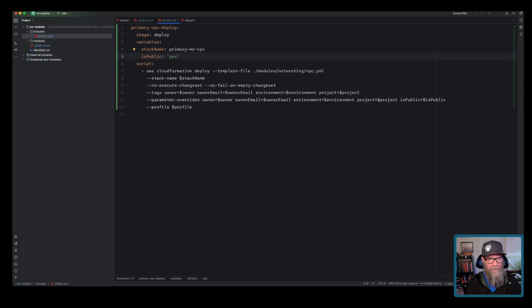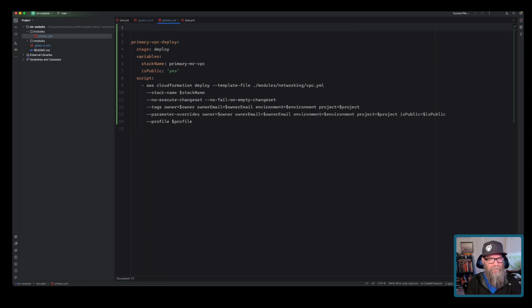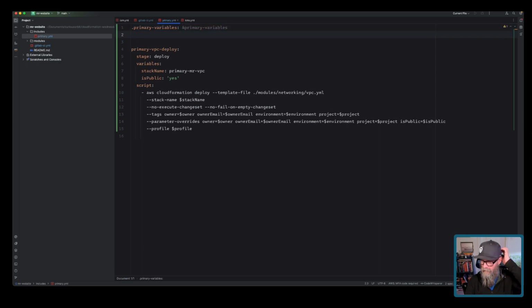Okay, so we'll do it that way. I think this will be okay. Project. What we need is, again, I always forget how this is set up. I want to say it's dot primary variables and then primary variables like this, and we'll say